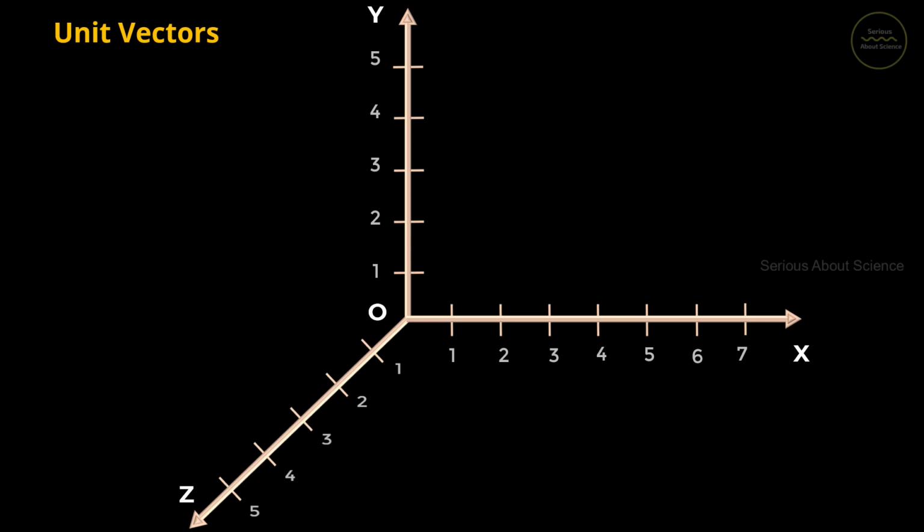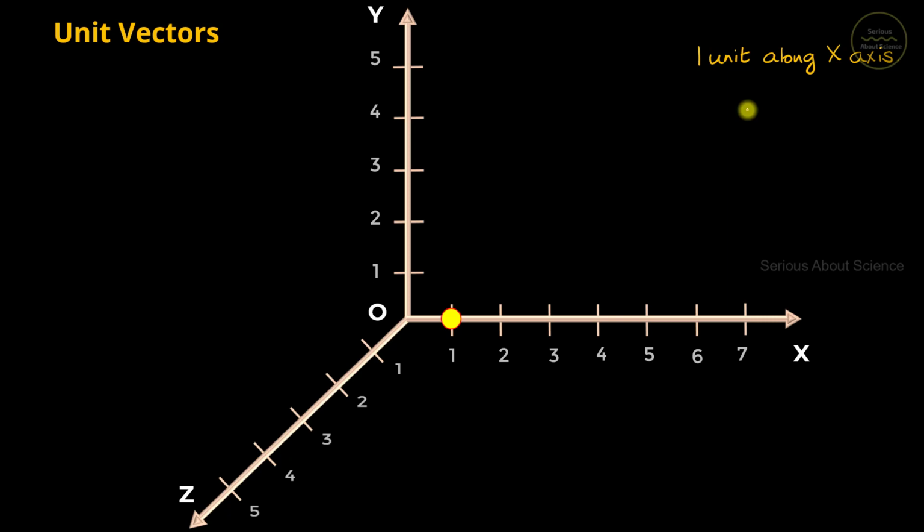Unit vectors. Consider a particle placed at this point. And we know how to specify this position with respect to the coordinate system. We can say this particle is at a distance of 1 unit along the positive x-axis. Now if the particle is at some other distance, we can say it is so and so unit again along the x-axis. So in all these cases, it is difficult to mention every time along x-axis or along y-axis, etc.